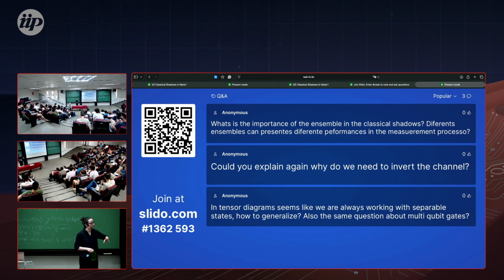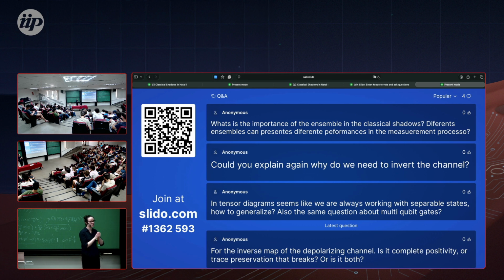And then with this, we can act with it on the post-measurement state. So the protocol is we measure, and then we get out a tuple of a unitary that we applied and a bit string that we got. And with this, we can create the post-measurement state. And then when we act with the inverse of the measurement channel on that, then we know that this is a snapshot of our quantum state. This is one shadow, one glimpse into where this measurement tuple came from. And one snapshot is not enough because we're talking probabilities here. But if we now average over these snapshots, which again, we use the inverted measurement channel on, then we can do everything that we want, again, without doing full state tomography. I hope that was a bit more clear, but you will see tomorrow.